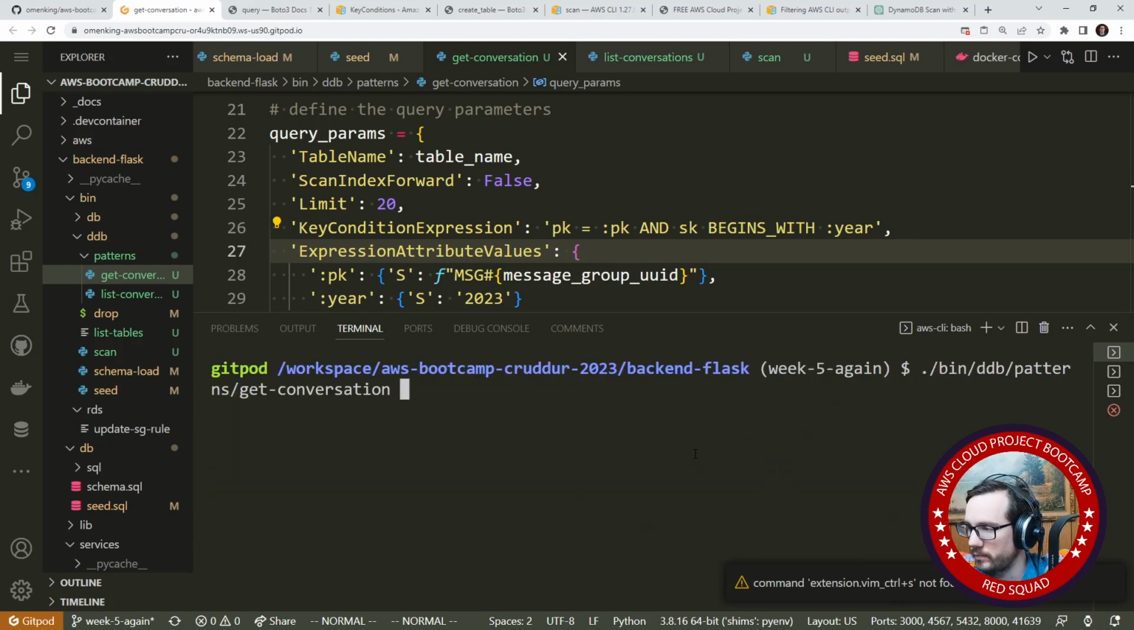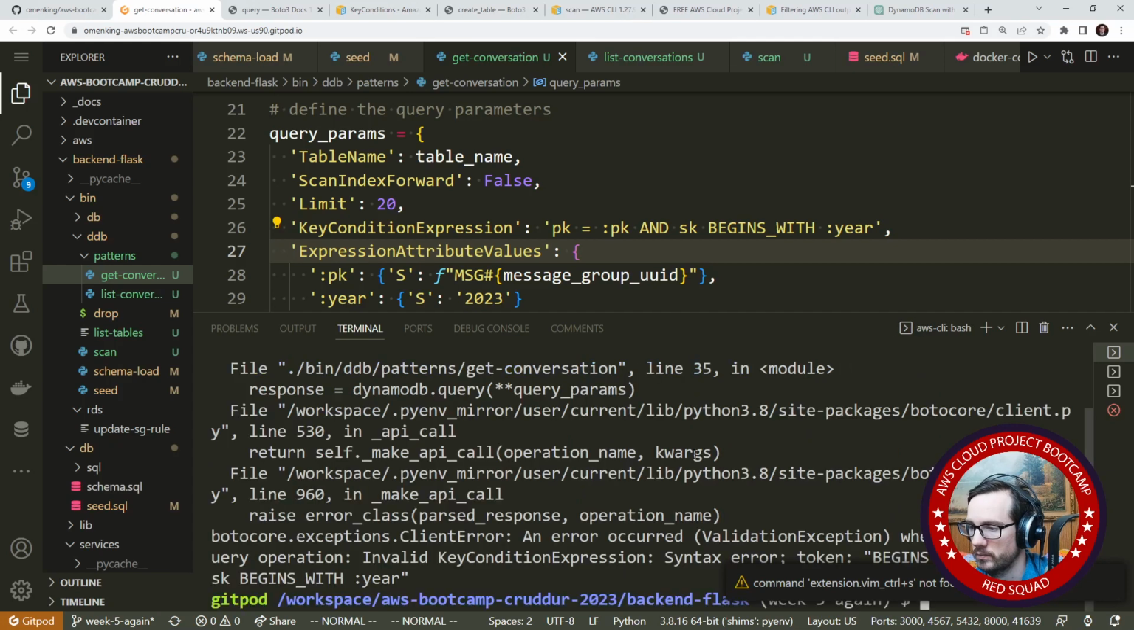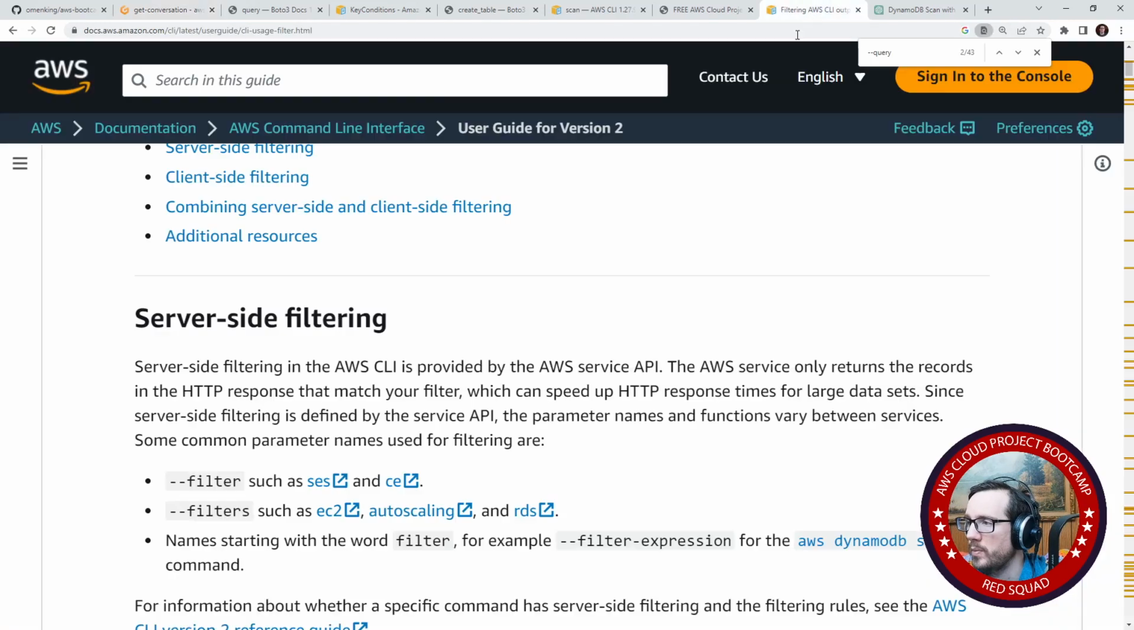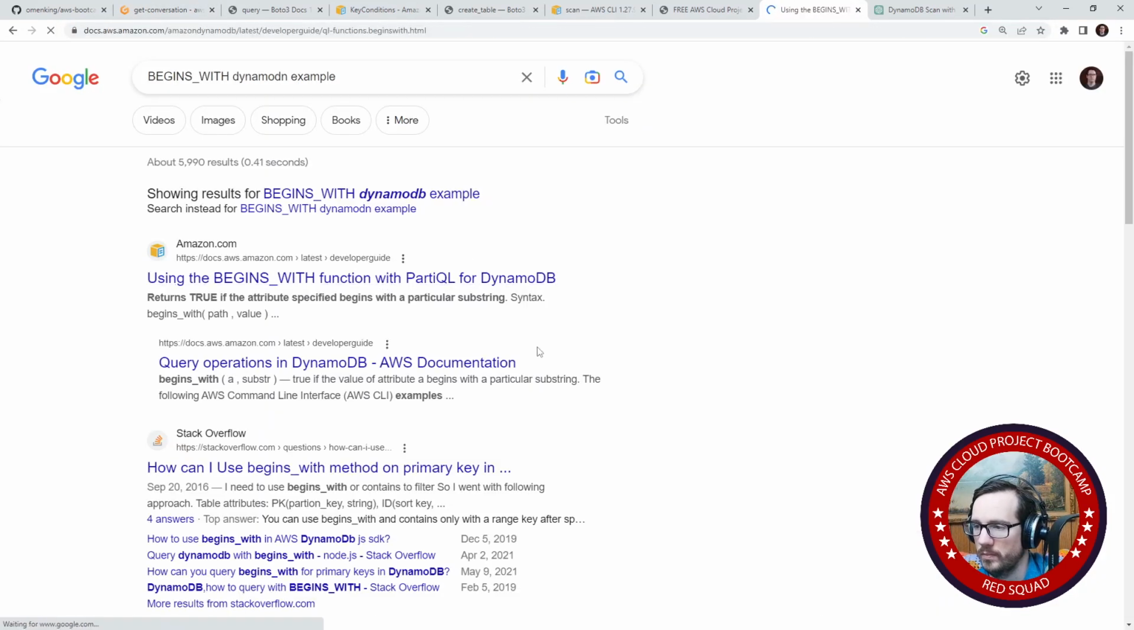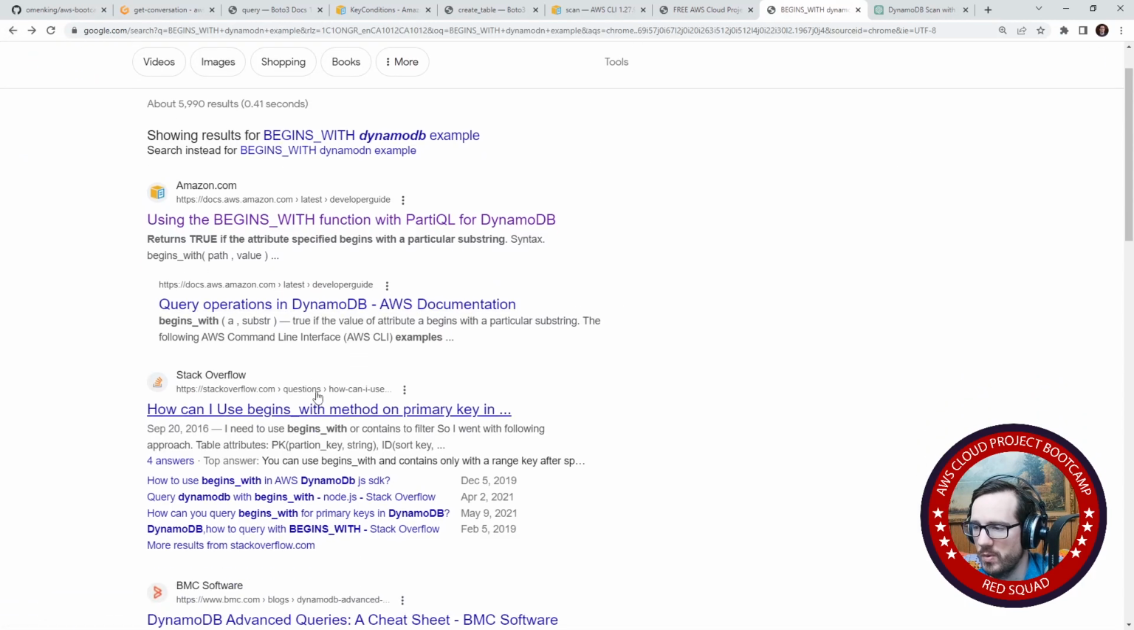Clear. So it says begins with token. Invalid key expression syntax error, token begins with near colon year. So however I did that is not correct. Begins with DynamoDB example. Not with party queue, we just want to see